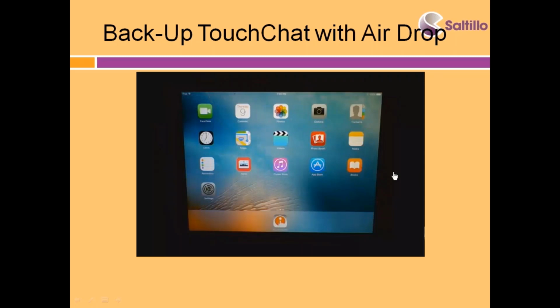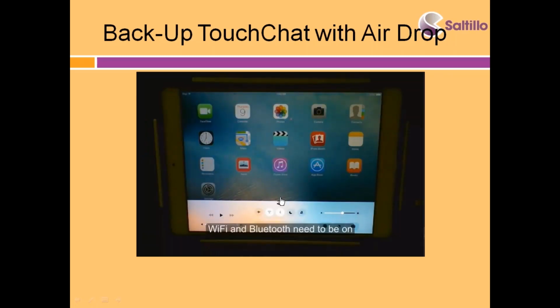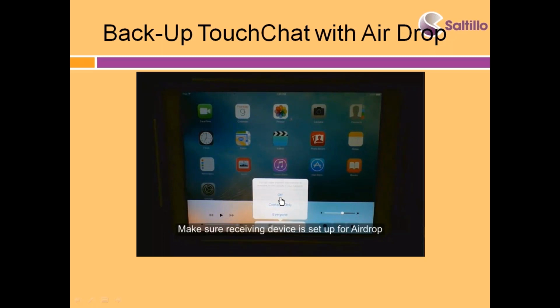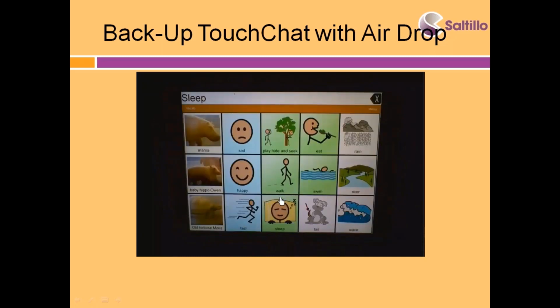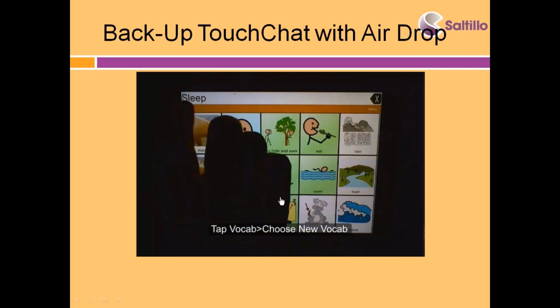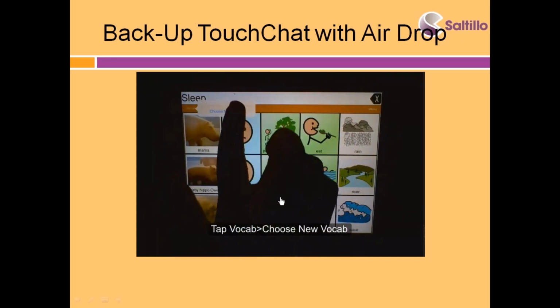So now with AirDrop, most of your newer iPads have the capability of AirDrop. Make sure your Wi-Fi and your Bluetooth are both on, and watch what your settings are. Make sure that the receiving device also has AirDrop. And so you choose the vocabulary